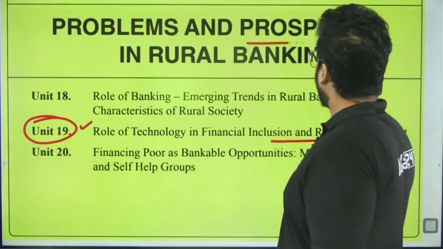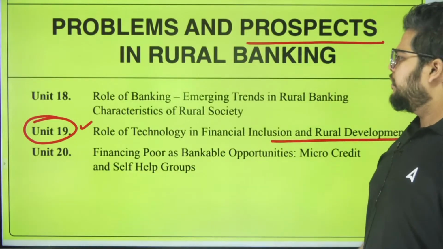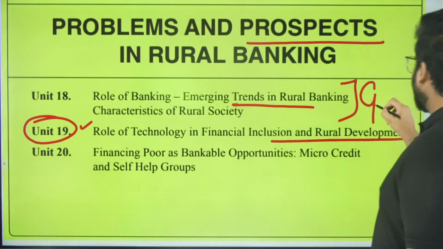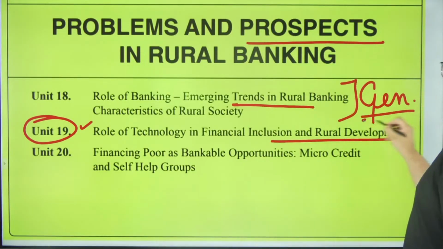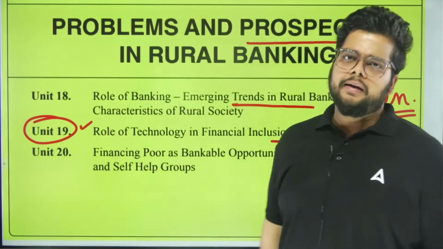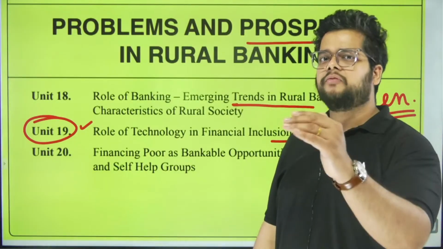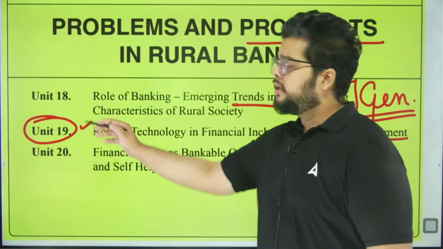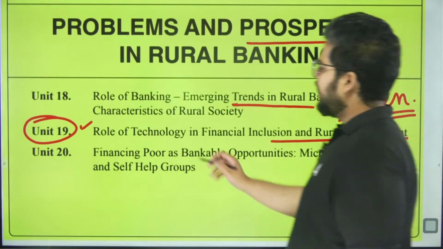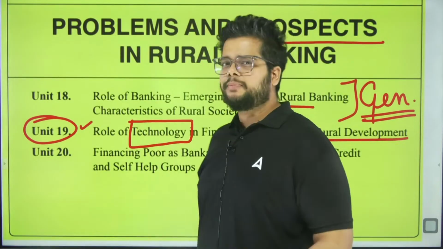Problems and prospects in rural banking, module D. Unit 18, role of banking, is not that important, because here only a very general idea is given. The syllabus prescribes a general idea of what the role of banking is in the agricultural field, or you can say the rural areas. But from the exam point of view, the key focus area should be unit number 19 and all the topics of unit 19. Here in the book, for role of technology, basic definitions and basic aspects will be covered,